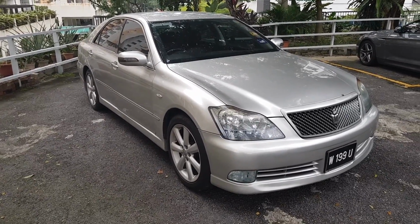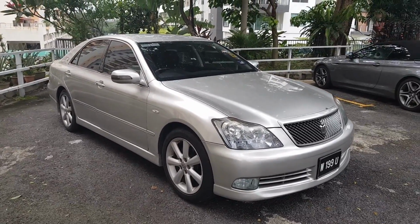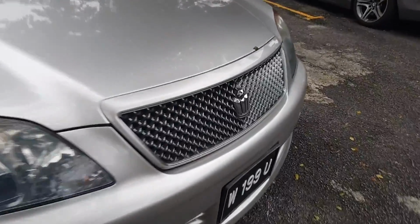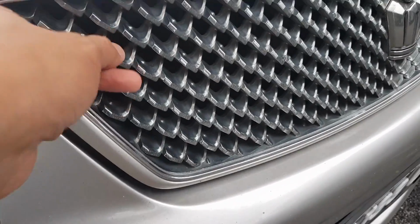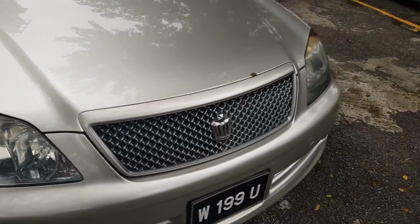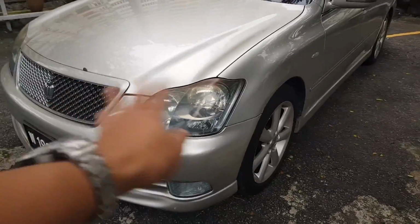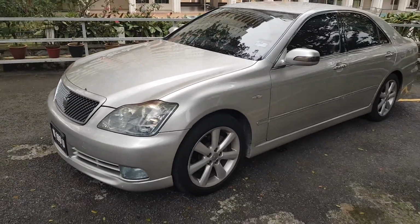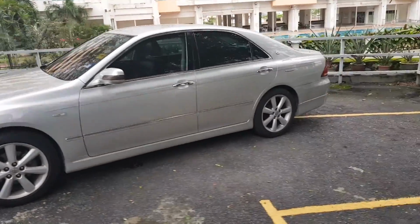This is the Athlete. This is sort of like the sporty version with 18-inch rims and a mesh grille up front. The mesh grille, mind you, doesn't feel like plastic. Okay, it is plastic, but really hard plastic, and there's some reflective materials there, so it sort of looks like metal. Okay, of course it aged. This is a tinting film, and then it got dirty and all that, but overall the car works perfectly, and I think this car has a very, very beautiful